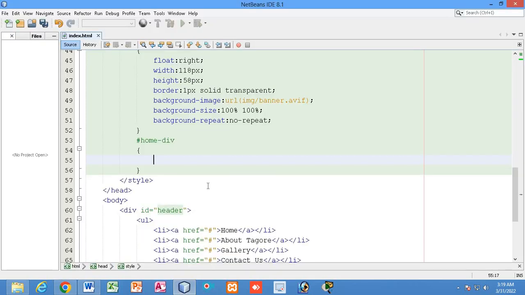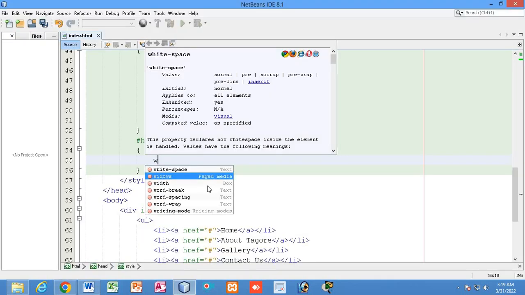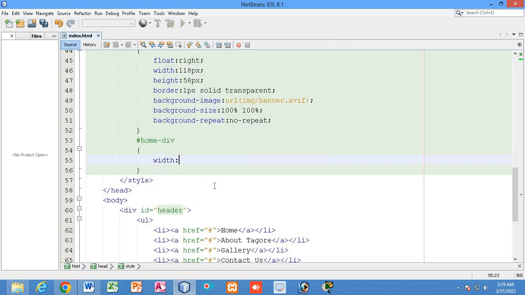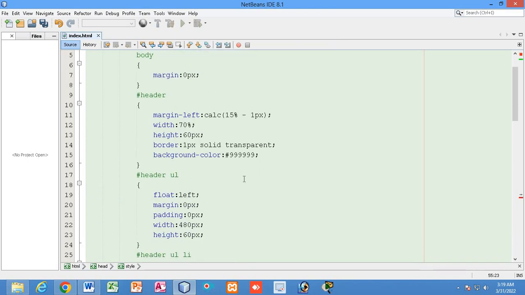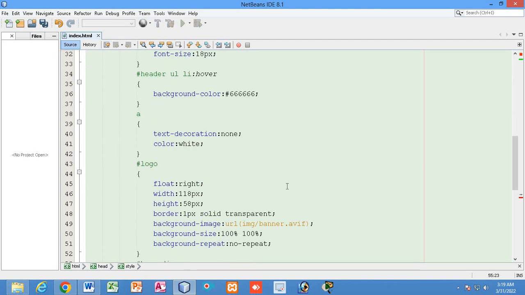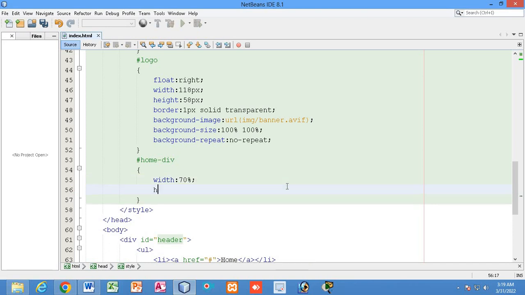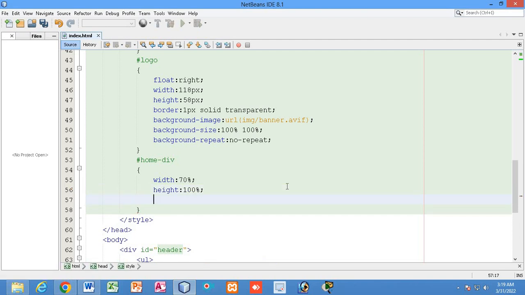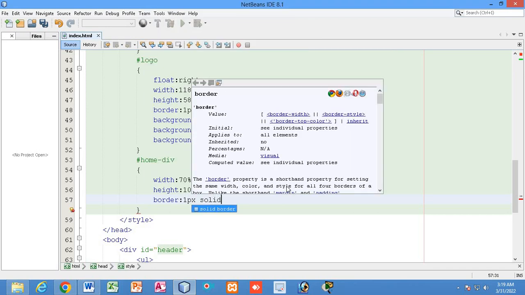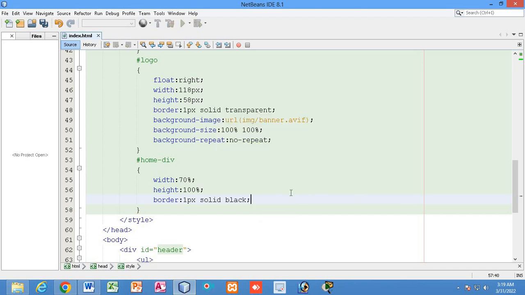So if I write here width, %, height 100%, and border 1 px black. So let's see how it appears. Will it be enough?